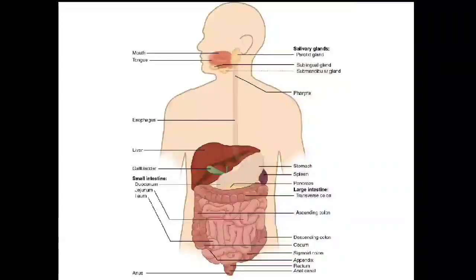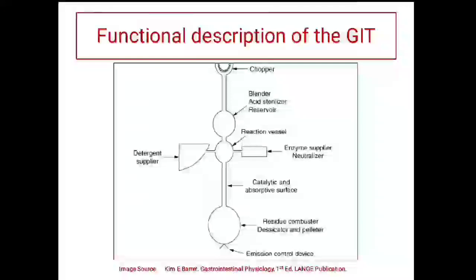The alimentary system starts with the mouth and ends in the anus. It comprises the oral cavity, the esophagus, the stomach, small intestine, large intestine, and terminates in the anus. So for simplicity, the disorders will also be discussed according to the different parts of the alimentary tract. Following the mouth, the part that comes is the esophagus, and we will start with the disorders of the esophagus. But before we start, let us see how the functionality of the alimentary system has been described.